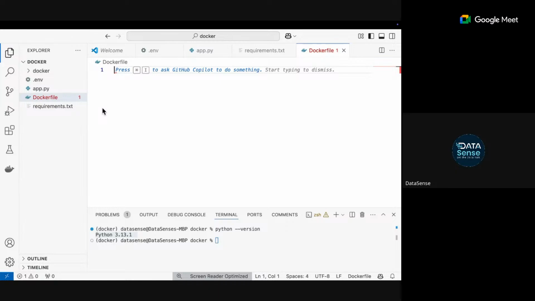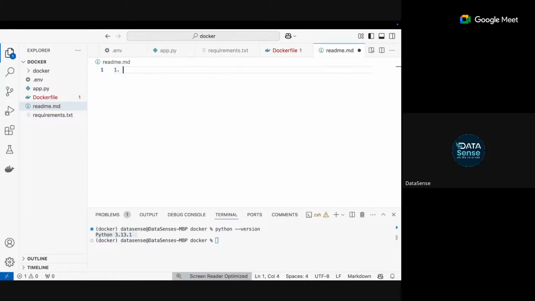Now I'm also just creating a readme file just to discuss the steps. So what are the steps that we discussed? First of all, we need an OS, right? Second, we need Python.